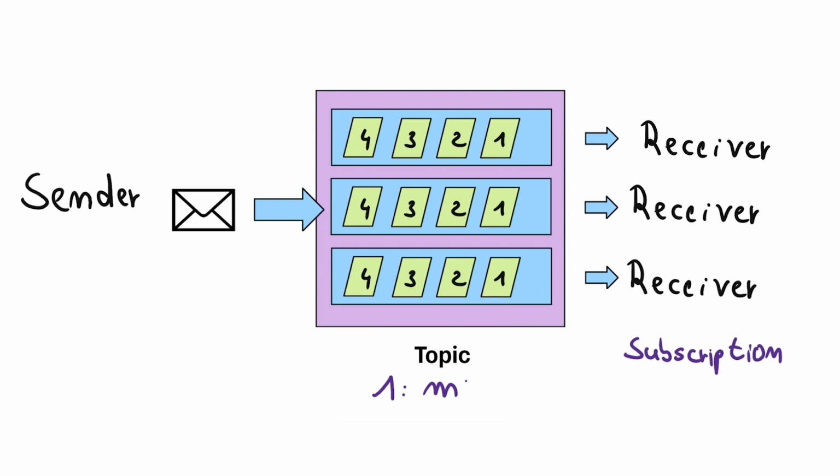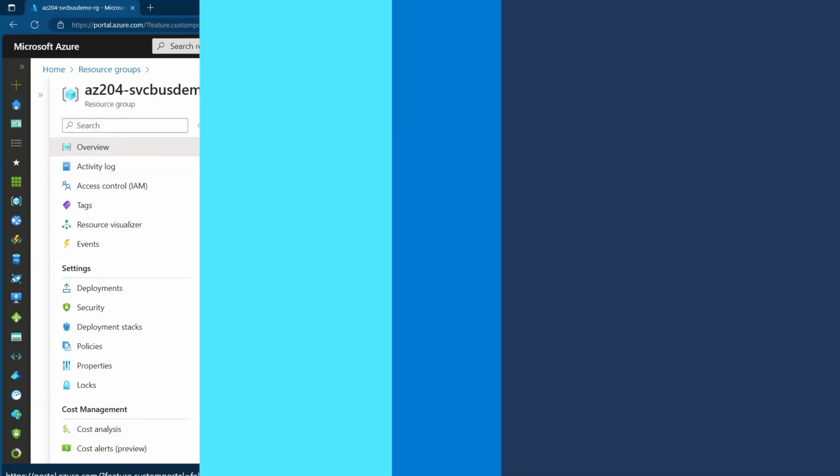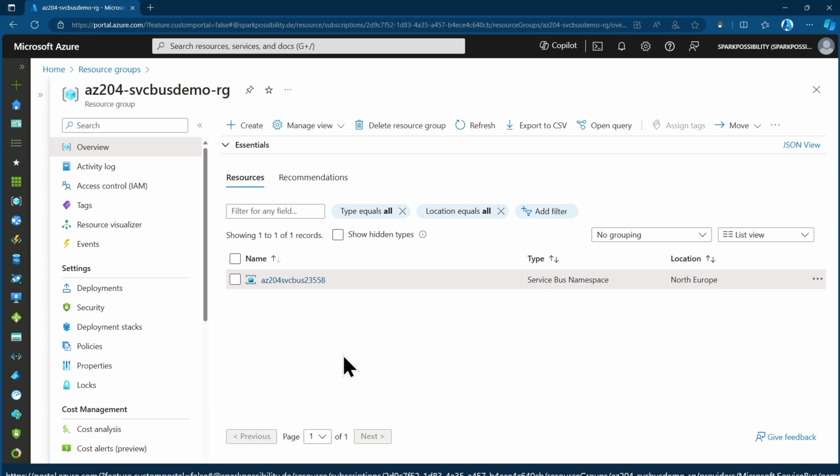All the other things that we have talked about, so the first in, first out, and the different receive modes is exactly the same. Just the organization differs, if you have either subscriptions for one topic and multiple receivers or a one-to-one relationship. In this video, I will show you how we can send and receive messages from an Azure Service